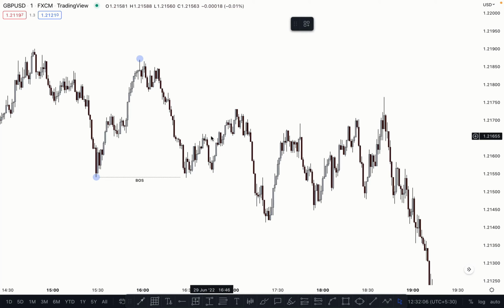After this structure is broken, what is the entry criteria? As a smart money trader, what do most traders think here after this structure is broken? Most people look here to sell, because the structure is broken and they anticipate price pushing downside from this order block. And some people look here to sell: the market takes the liquidity and they expect another sell entry here, correct? But both entry criteria are invalid.